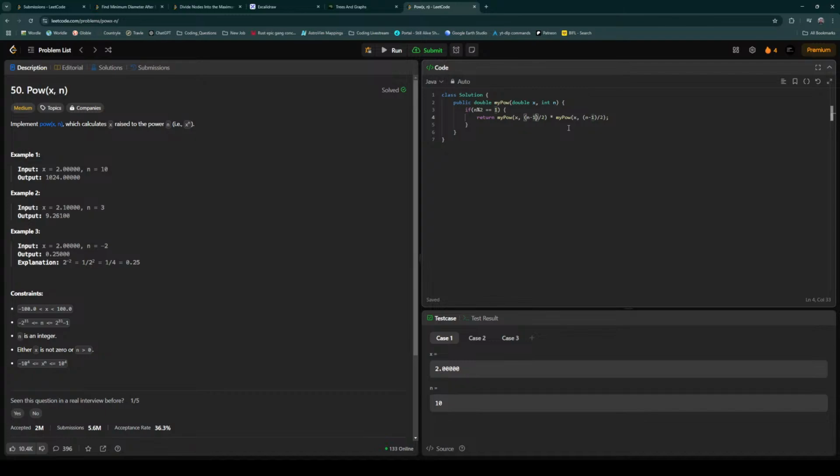Or I can simply make this way easier. Okay, so if n is even,